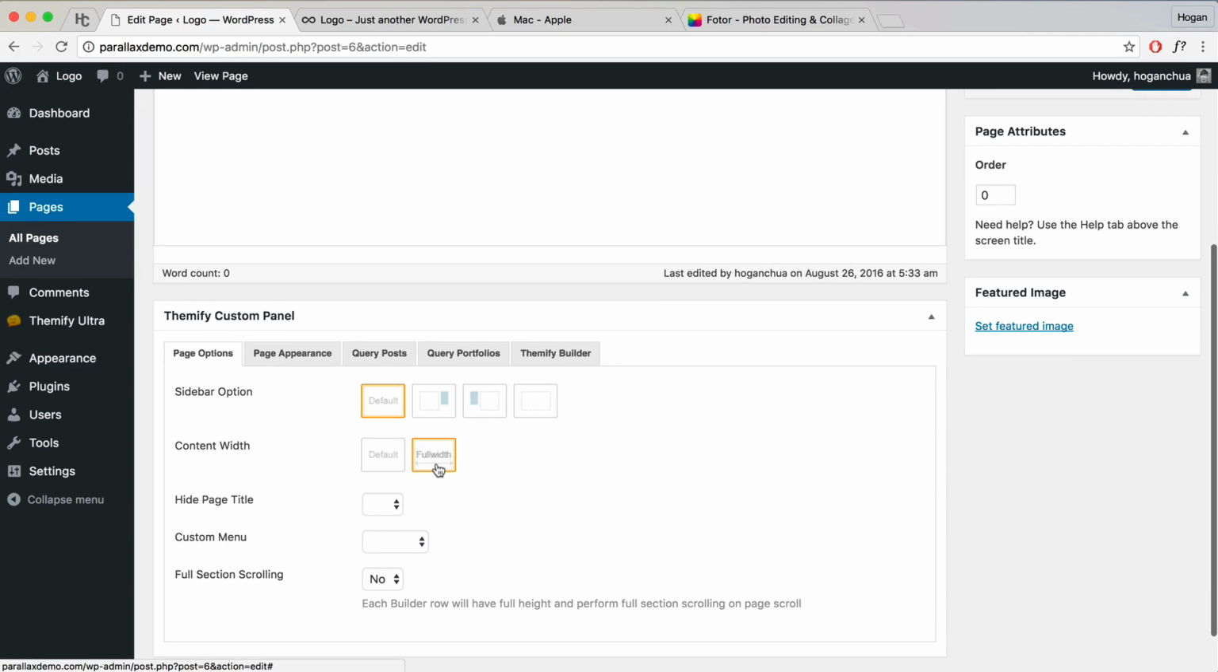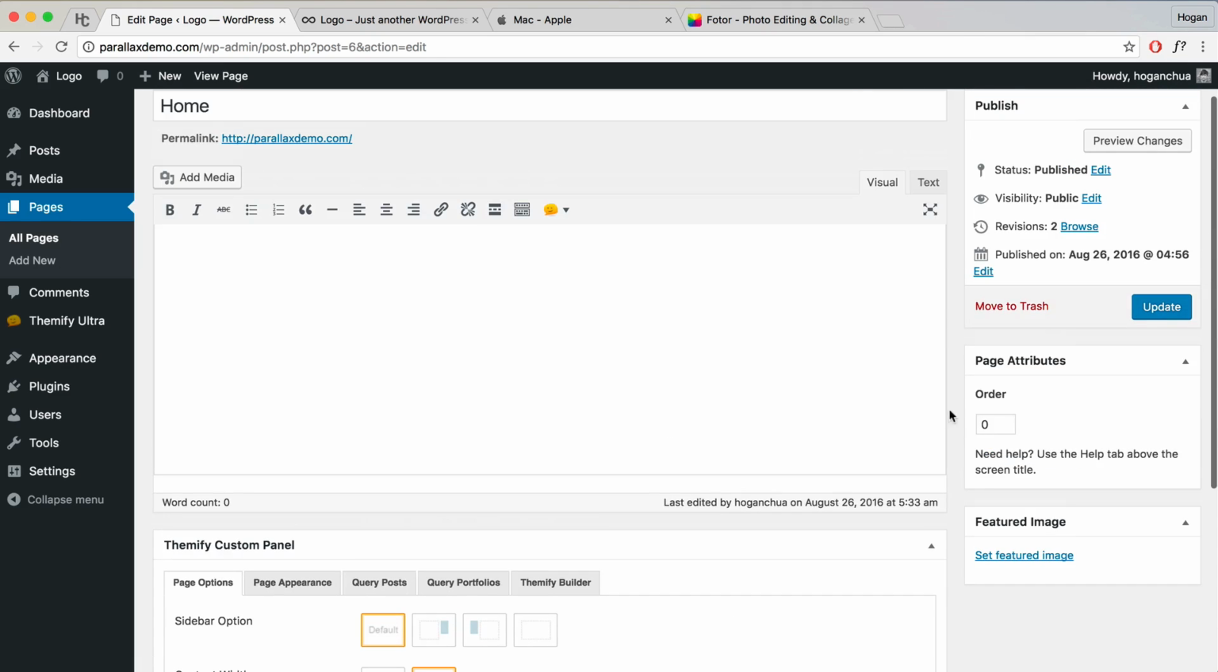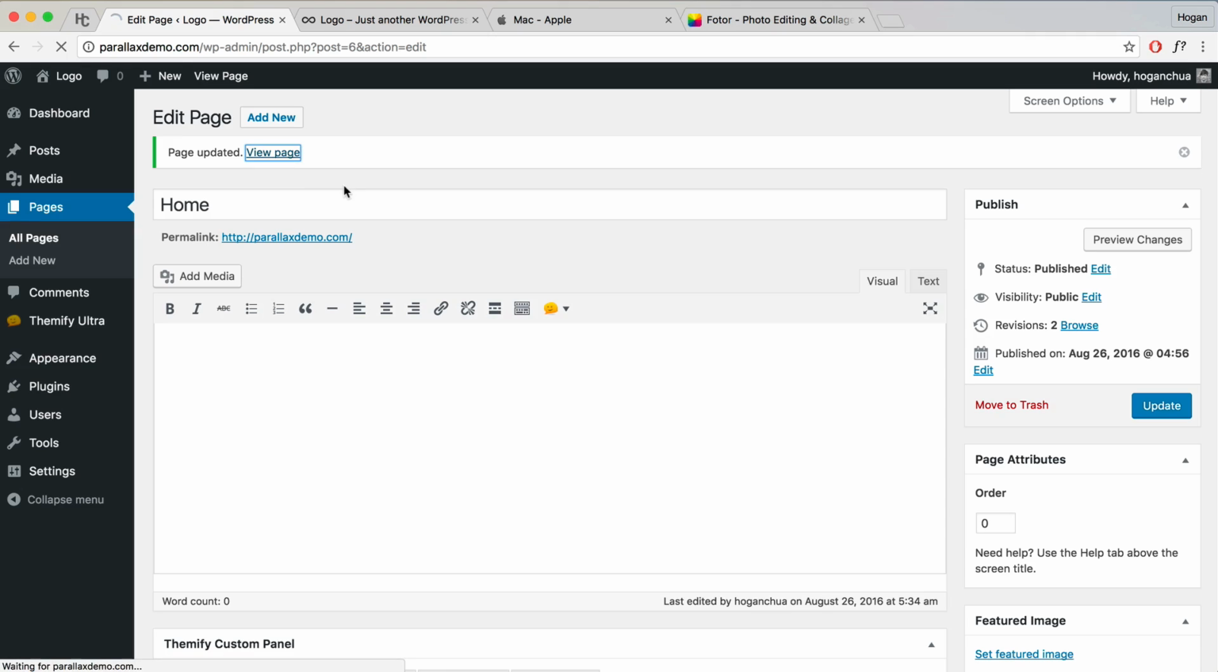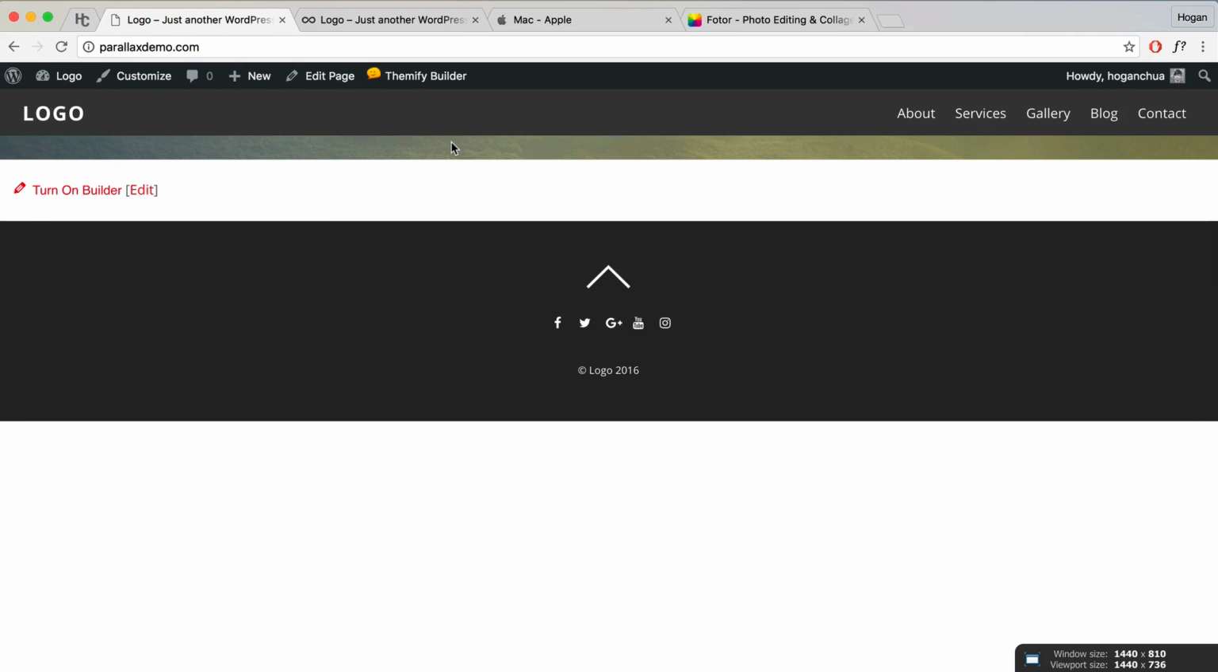Okay, so you'll need to do this if you want to set a hero image on all your pages. Okay, so update that. Okay, and then click on view page, and hopefully that gap will be gone. Okay, now what we need to do is to add in some text and button in there. So turn on the builder,